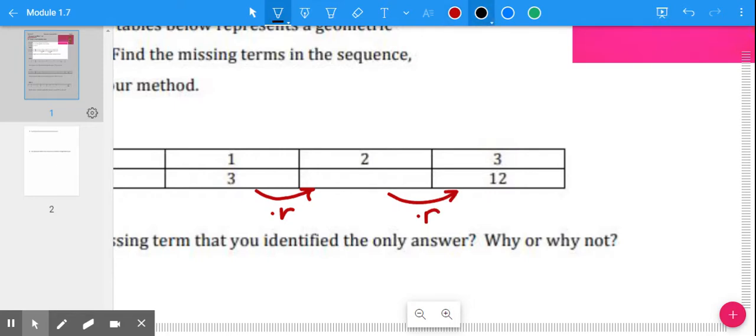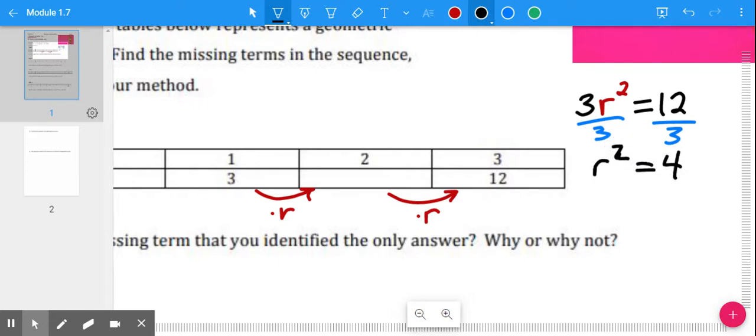So we start at the 3. We multiply times r times r. The way you represent repeated multiplication is using an exponent. So 3 times r squared is going to equal 12. Because that 3 is multiplied by that r squared, we have to divide by it to get rid of it, and we're left with r squared